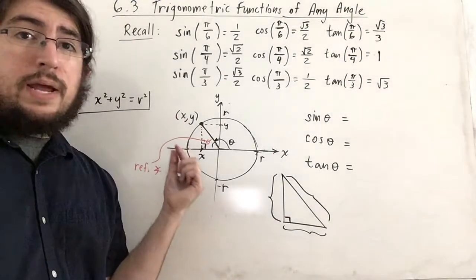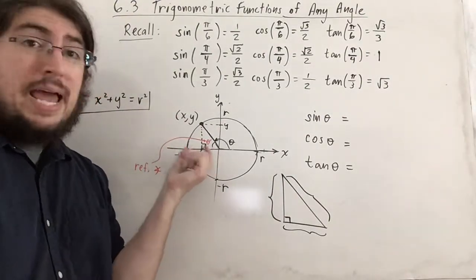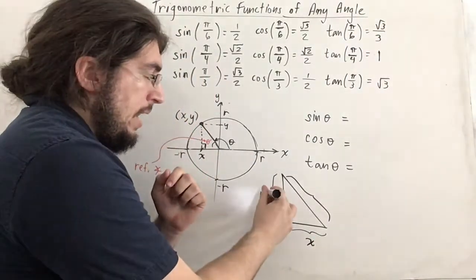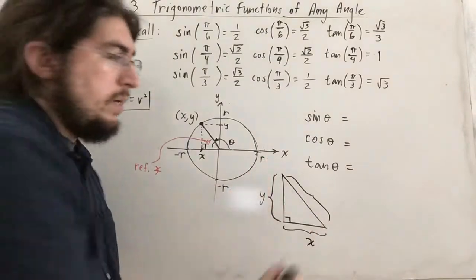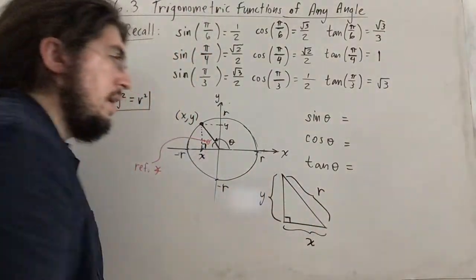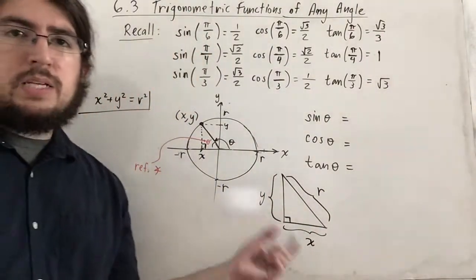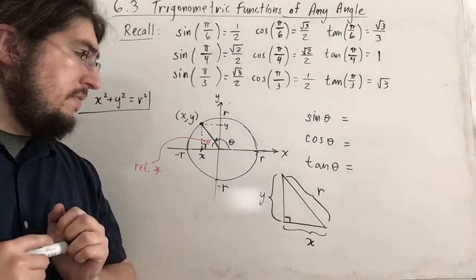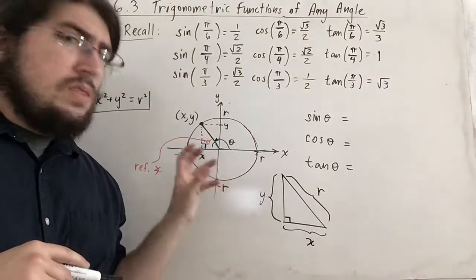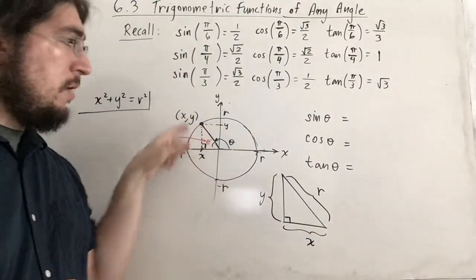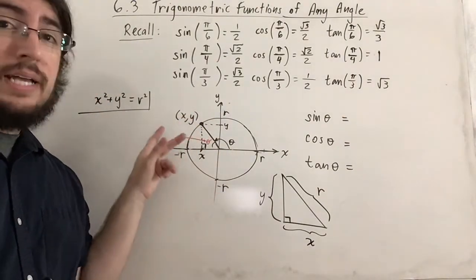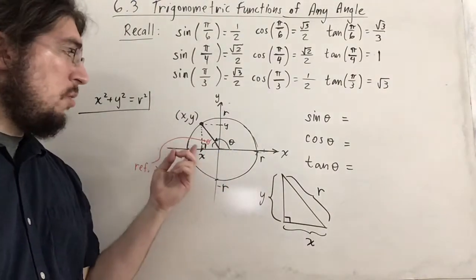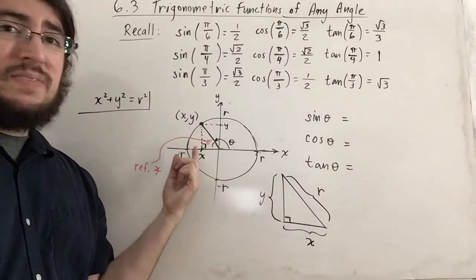If we label this point, then this distance is just x. Similarly, the vertical distance is y. And, of course, this distance is going to be the radius. The good news here is that the radius will always be positive because it's a positive radius, of course. So the radius is given to be positive. y could be negative or positive depending on what quadrant you're in. In this case, y is actually positive. But here, x is actually negative because in the second quadrant,